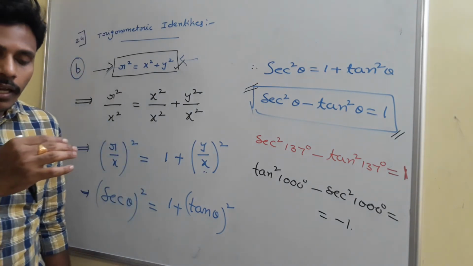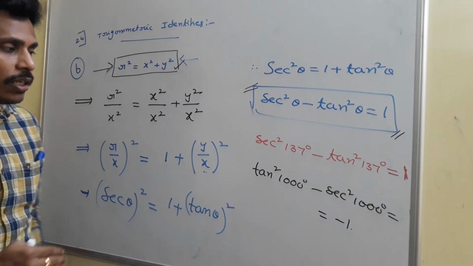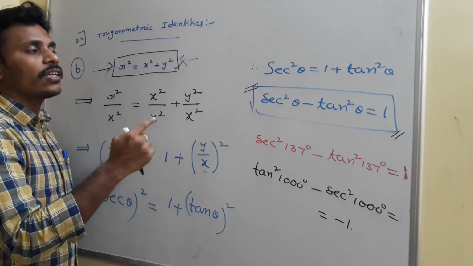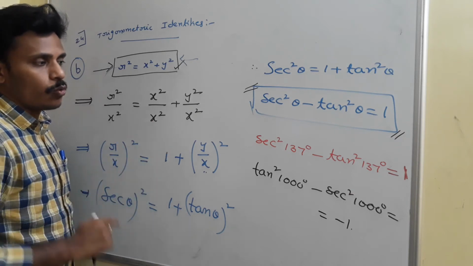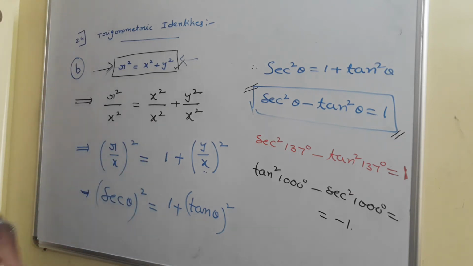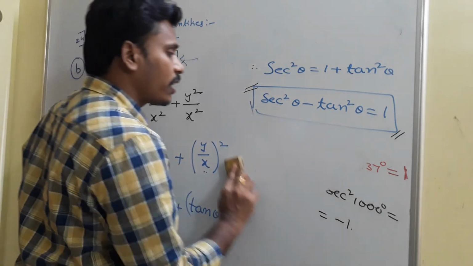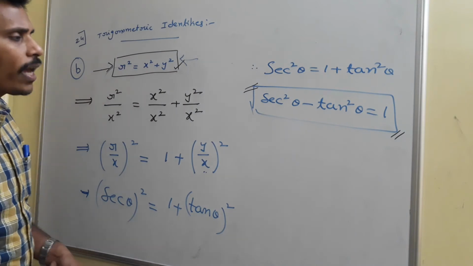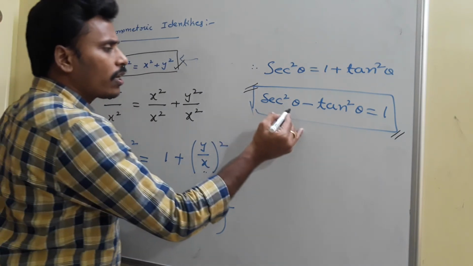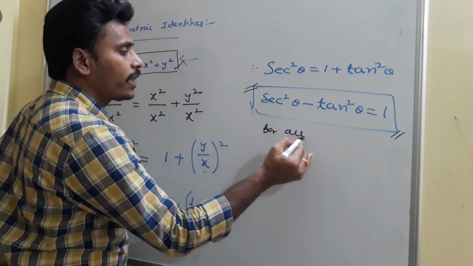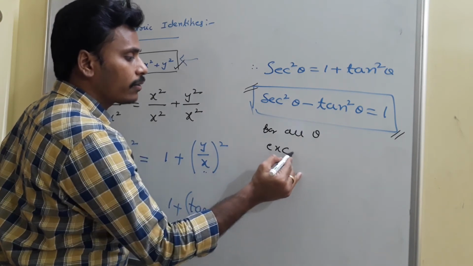Then for the angles corresponding to the terminal rays x axis, y axis, this secant square theta minus tan square theta is not equal to 1. So once again I am repeating: secant square theta minus tan square theta is equal to 1 in most of the cases, but in very few cases it fails. Secant square theta minus tan square theta is equal to 1 for all theta except